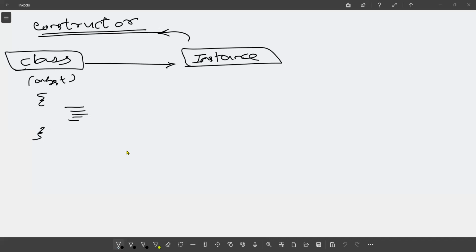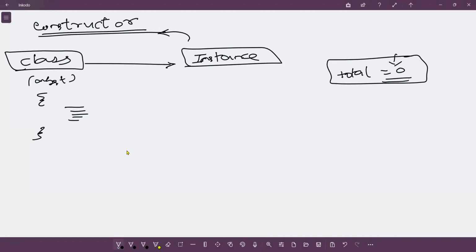Okay. Now, whenever we are defining a variable, let's say total, we say total equals 0. So what does equal 0 mean? Initialization. Instead of having a null value, we are initializing it to some value so that it can be used for calculations. Now, same thing if I have to do